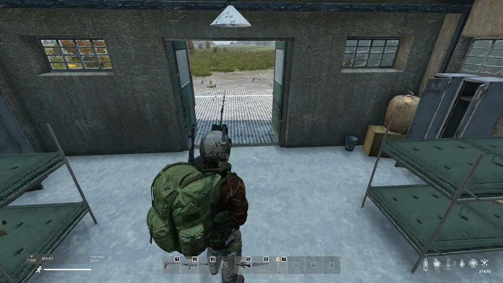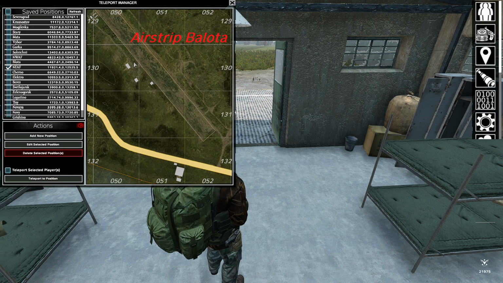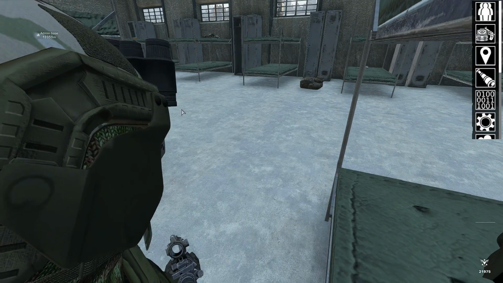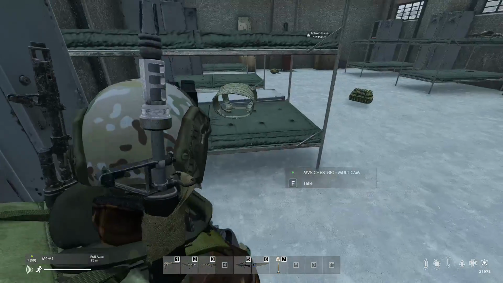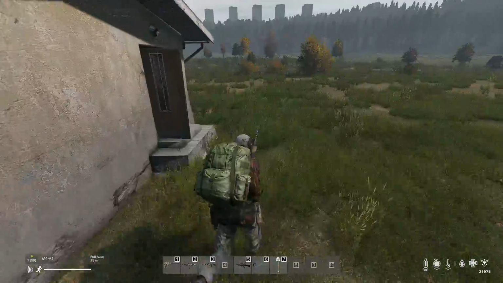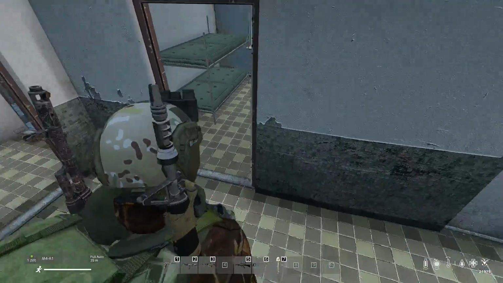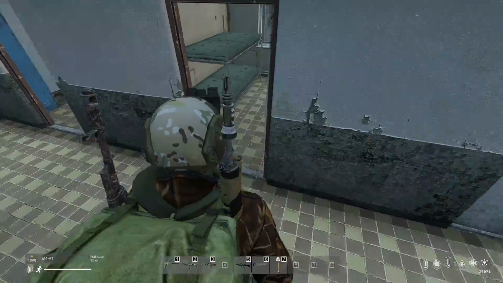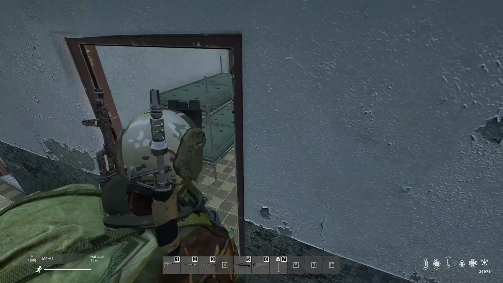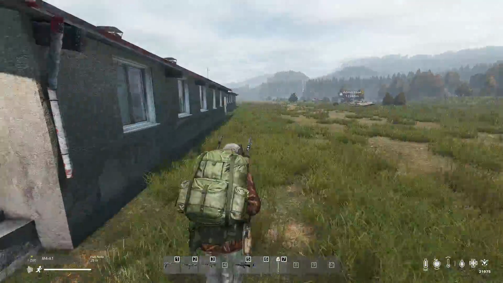Alright, I should be able to spawn back to Pelota. Oh, spawn right inside the building. Nice. Yeah, I don't know why it ain't spawning gear yet, but